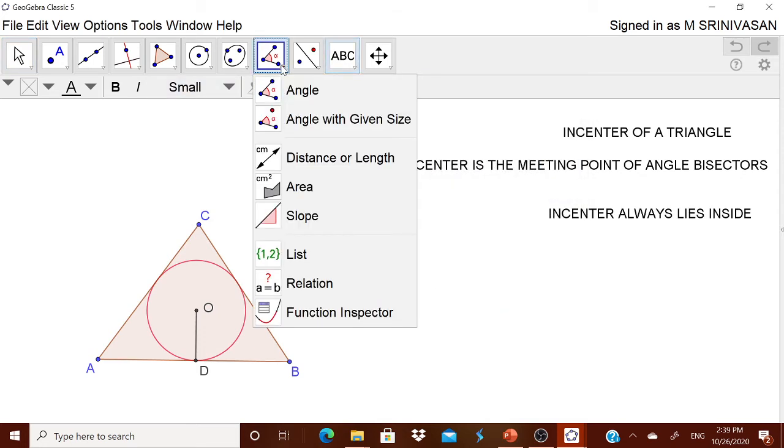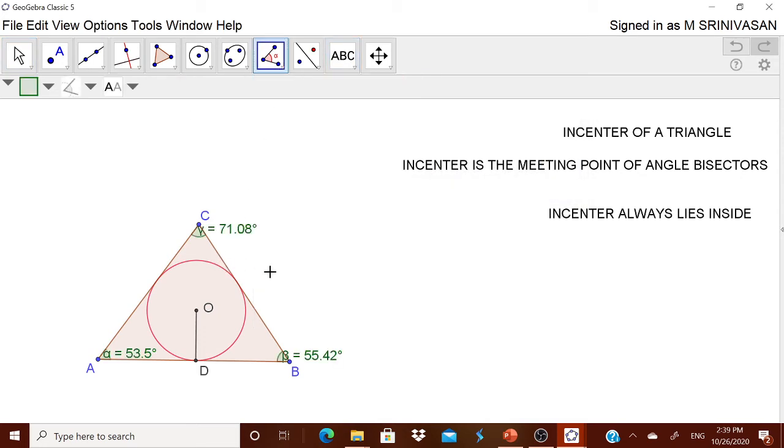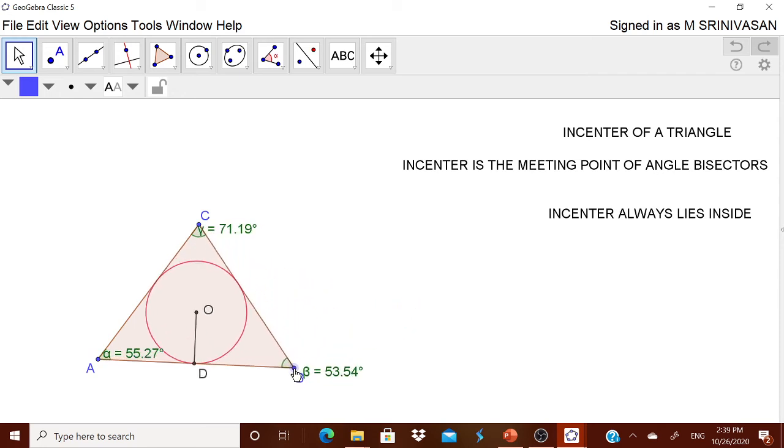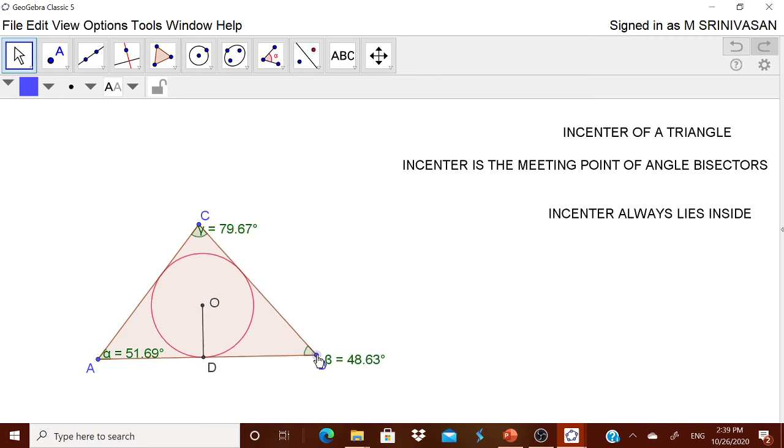For that you can go for this angle. You can ask a child, come now, convert it into an obtuse angle triangle. He will try to make it into an obtuse angle. He is seeing that O is inside. He will try to make it a right angle triangle, then also O is inside. Okay, well, now this is the way of checking that the incenter is always inside for any type of triangle.